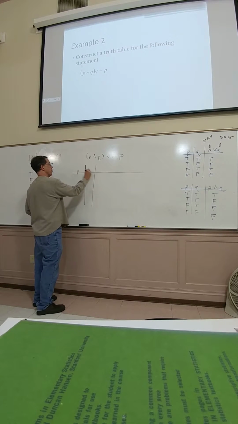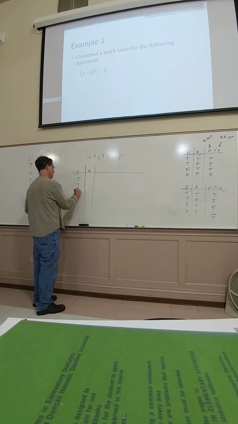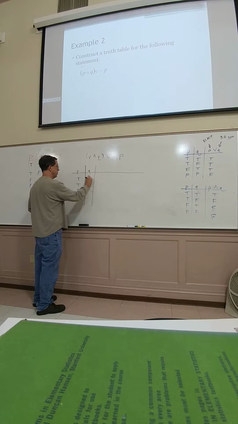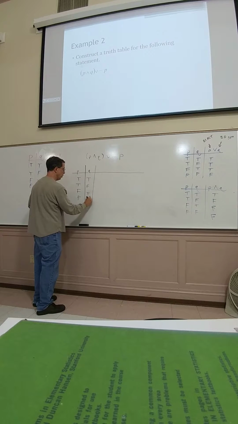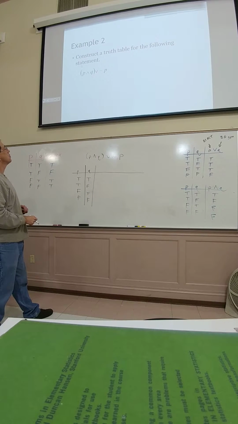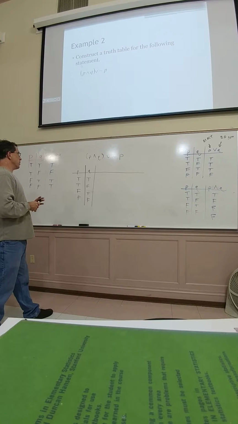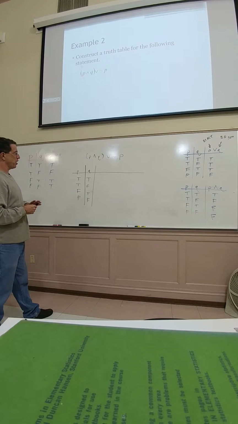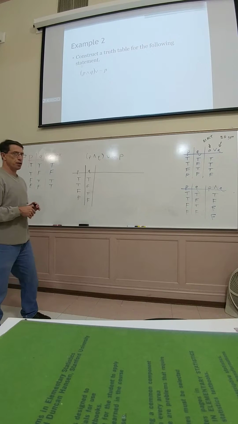So again, we'll set up with P and Q, and that's just given. And then what we'll do is go, again, column by column, each step. Now there's a couple of things here in terms of there is kind of, it's not as clear cut as